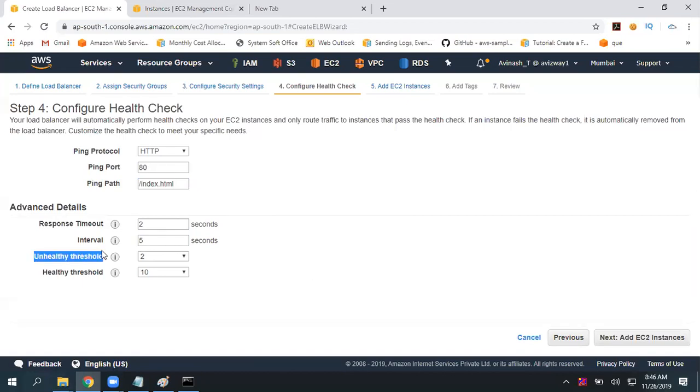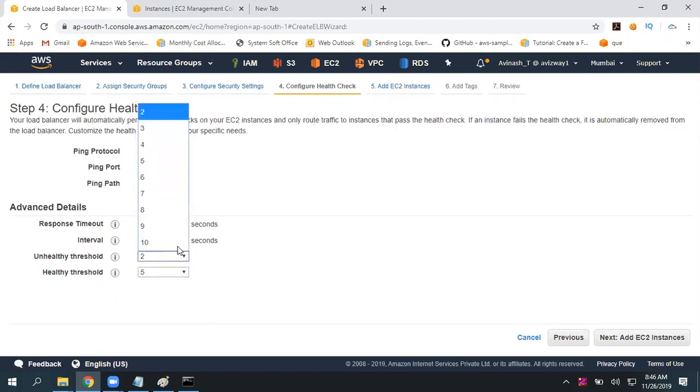Unhealthy threshold: if 2 continuous health checks fail, it is going to treat that instance as unhealthy. Healthy threshold, how many? For example, I'm going to give 5 and 3. That means within 15 seconds it declares unhealthy, and within 25 seconds it declares healthy. You got this mechanism, right?